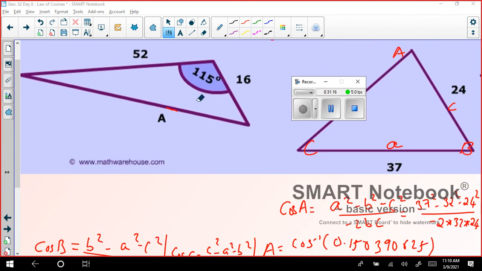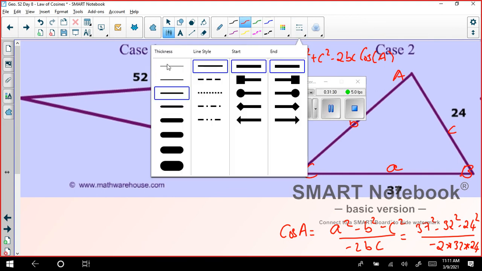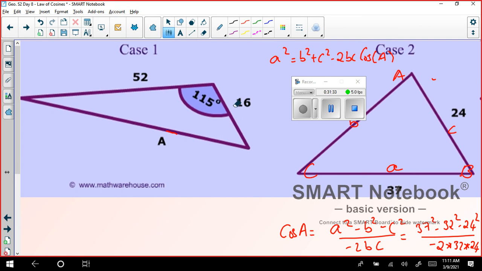The last problem today that we are going to see is this one, and then we will end for now, and you can continue working asynchronously. On this problem, you can use law of cosines and find the value of A. There is a possibility either you can use law of cosines or law of sines. It doesn't matter. There is no hard and fast rule. But law of cosines says that this particular side, this is A. A square equals B square plus C square minus 2BC of cos A. They are just asking us to find this.